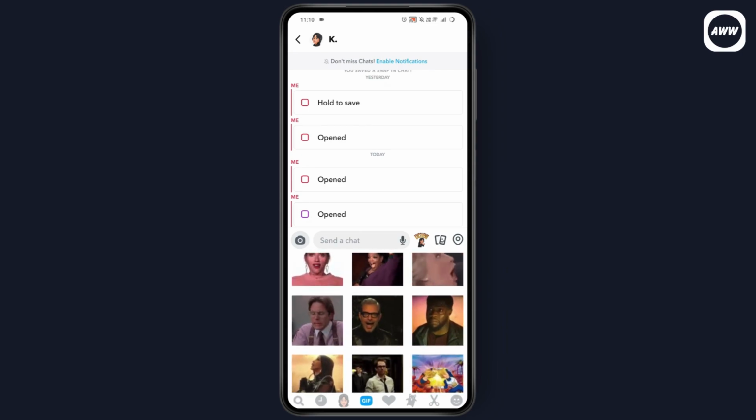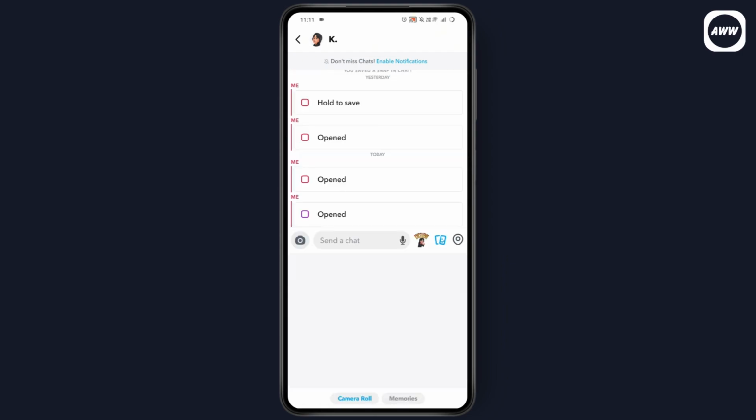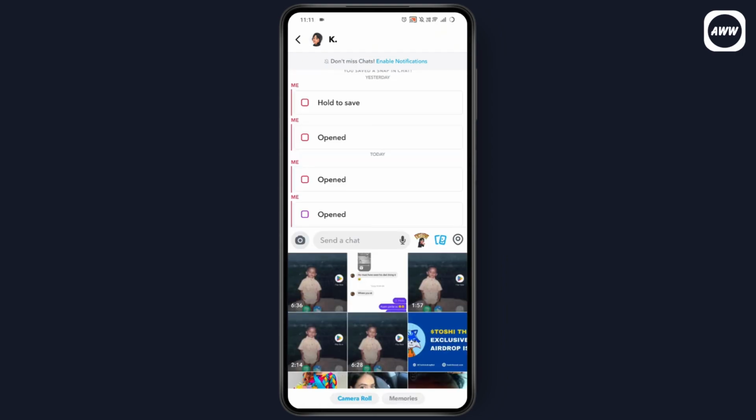But we don't have the option to send GIFs on Snapchat from camera roll. To send it from your camera roll, you can go with the images, which is on the right side, and from here you can select your GIF and send it on the chat. That's how you can send GIFs on